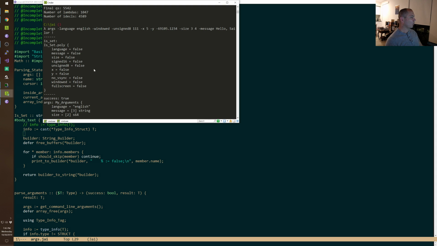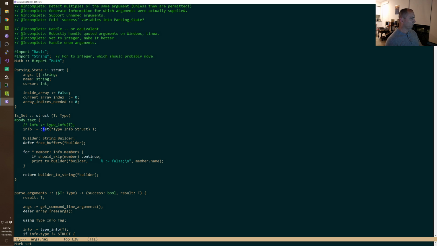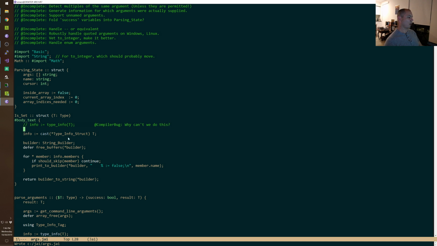All right. So it worked. I don't know why I have to do this exactly. So I think when we execute the body text, we don't mark the thing as constant, and this type info requires a constant. So I'm going to mark this as a compiler bug. Why can't we do this? But it's okay because we could just cast the type to a type info anyway, especially because this runs at